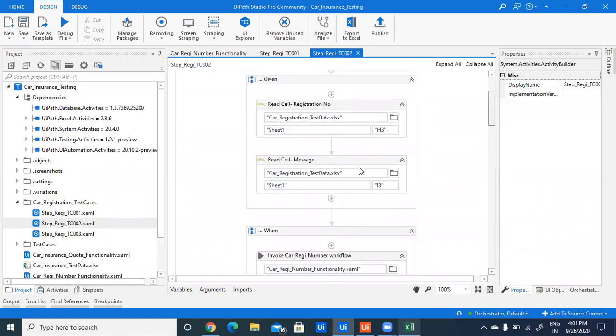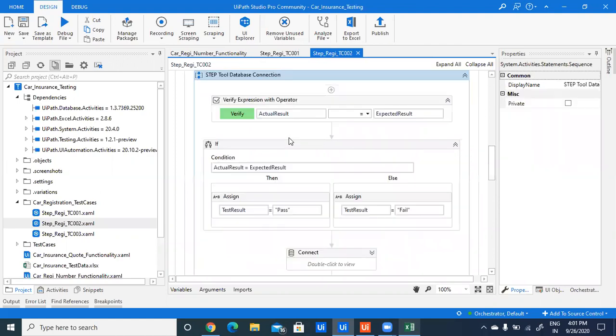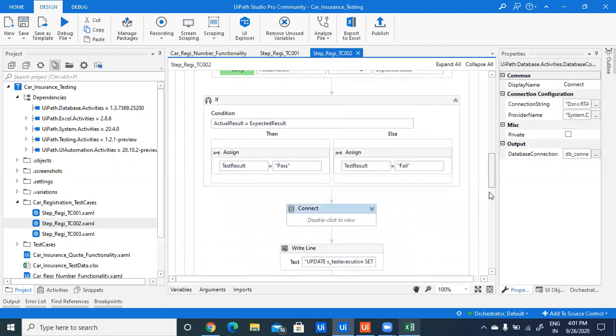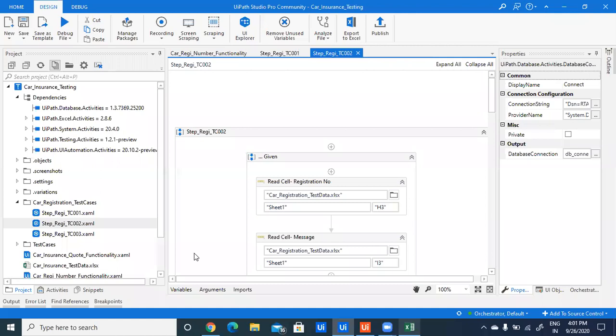In the when section I have invoked the main workflow, and in the then section we are verifying the actual result and expected result, and connecting with the test management tool. So in three test cases, we are providing the data and implementing our workflow.